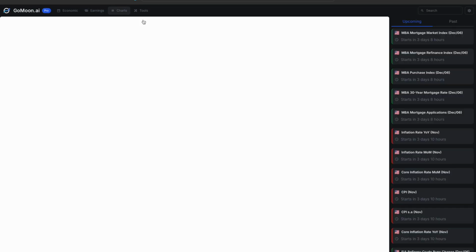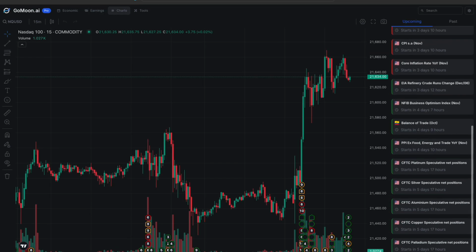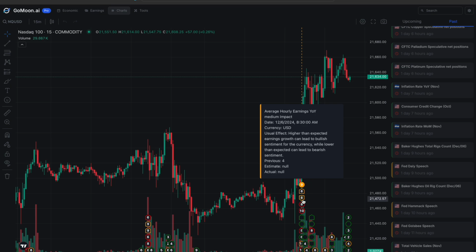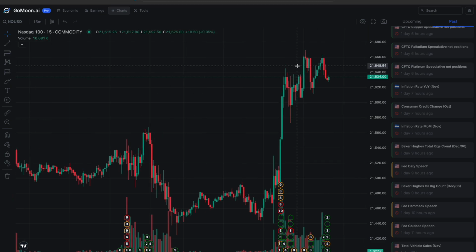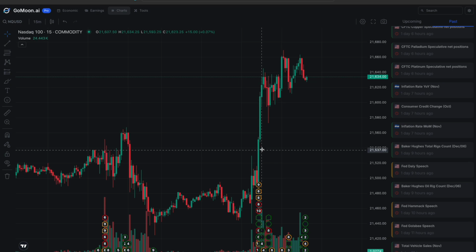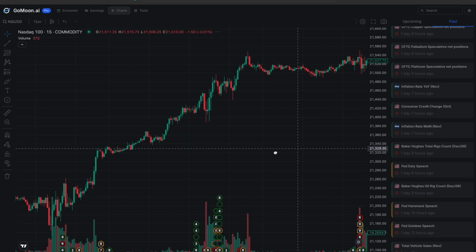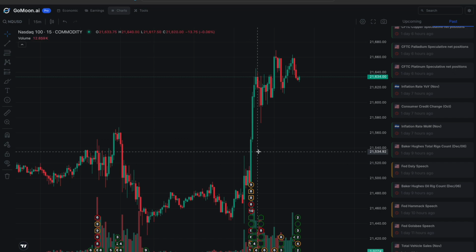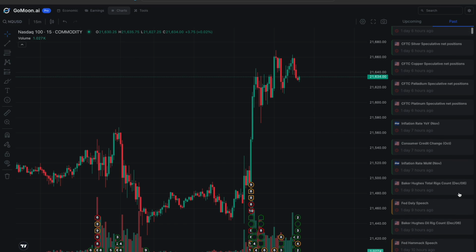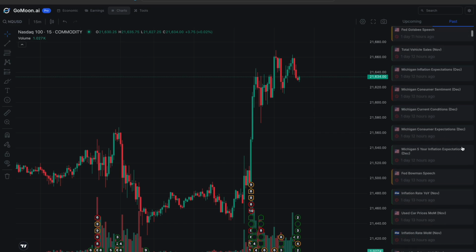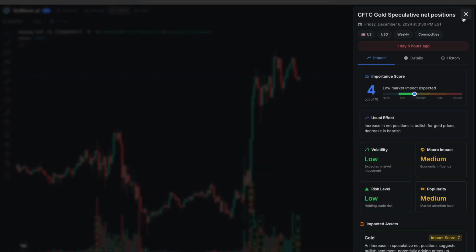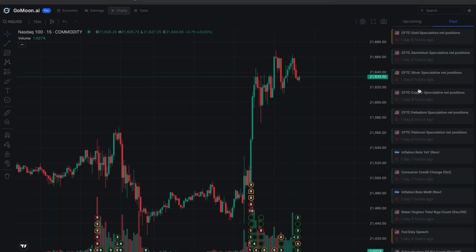And then they do have a chart here, and you're able to see how the news impacted the market. So we can go to Friday. I think this was 8:30, or no, that's 3:30. What's today? Yeah, it would have been right here somewhere. But the news we had this past week, or at any time, you can see how it impacts the market,